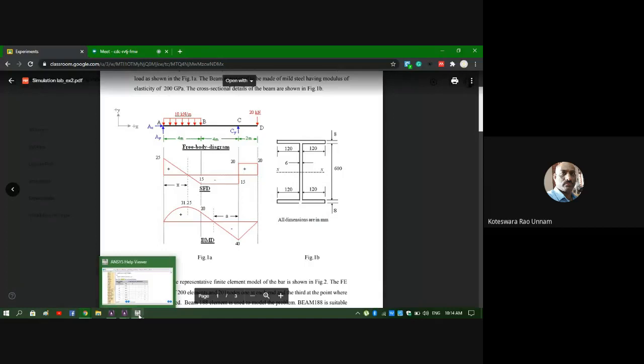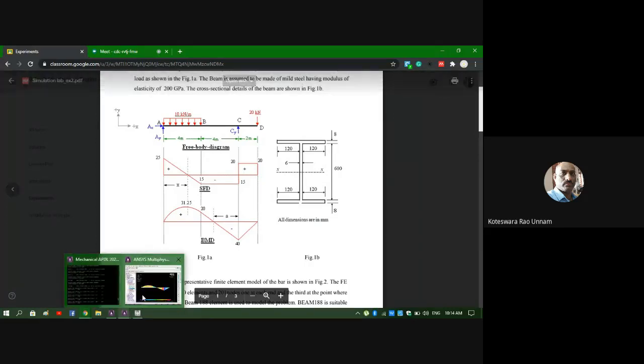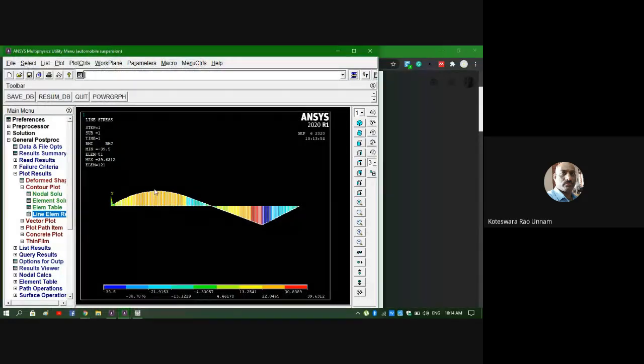You can see our diagram here. Here it is the maximum. This red color, I think you are getting around 39. So the 39 comes here. This is the red he is taking, it is 39. But this color is around 30 only. So then you mark those values. This is 39.5.